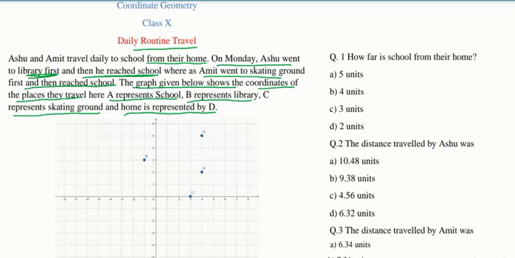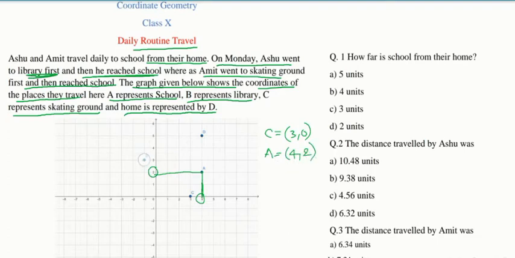By seeing this graph, first of all, you please find out the coordinates of each point. First, I am finding C. C is on x-axis, which is 3 units from origin. So we can take C is equal to (3, 0). Now A. To find the coordinates of a point, we have to drop perpendicular from that point to x-axis and y-axis, so that we can get x coordinate is 4, y coordinate is 2. So A is equal to (4, 2).